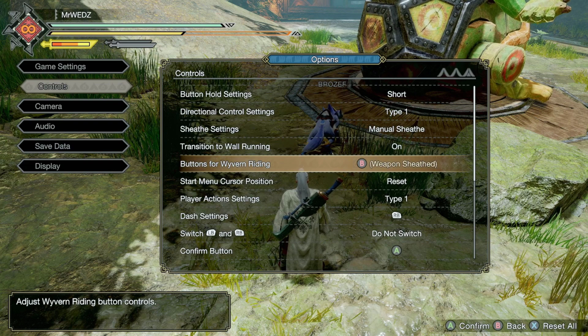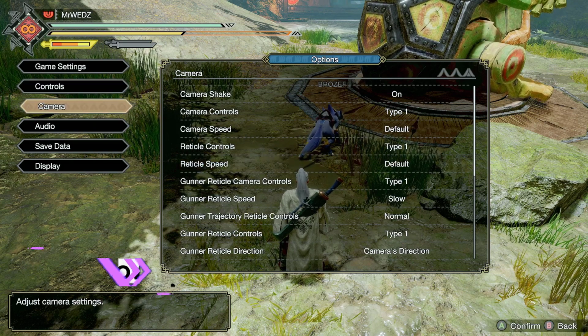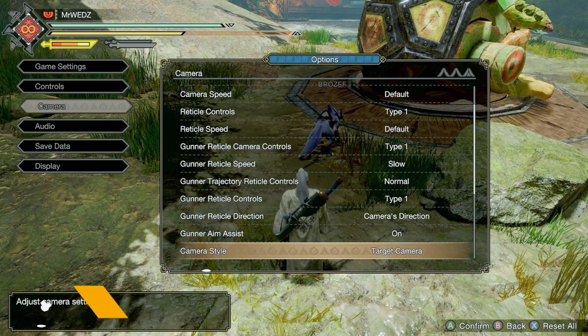Now that's all I wanted to talk about for the controls. You can just go around and mess around with all of them to see which one you want. So now let's go back to the camera. There are some very important settings there. If I go there, all the way to the bottom,